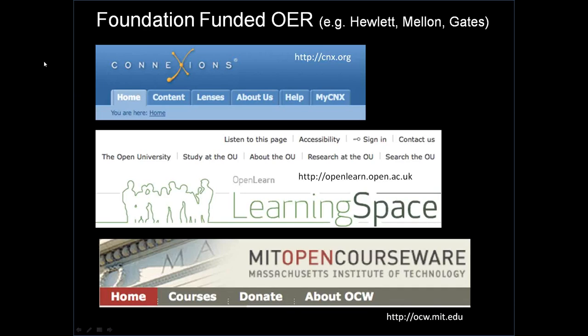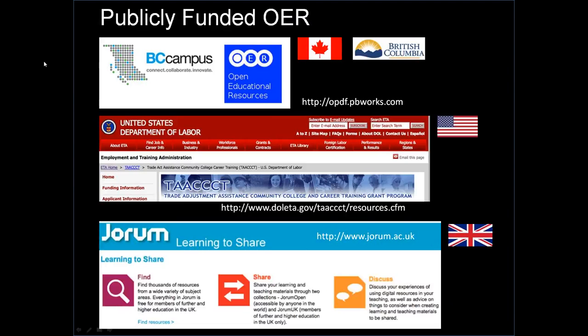And I think part of the challenge that we're facing now around that is that, of course, foundation grants are not usually long-term, nor are they intended to support ongoing operations. And so the second source of funding, and some of which has happened in parallel to foundation grants, are public government funds. And I've put up 3 examples of publicly funded open educational resource initiatives.